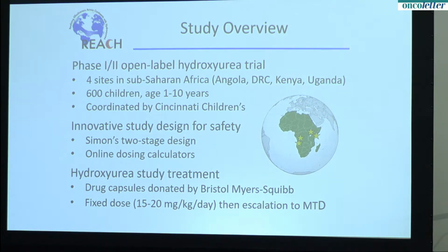Patients began hydroxyurea at 15 to 20 milligrams per kilo per day as a single oral dose. After 6 months of fixed dose, we increased